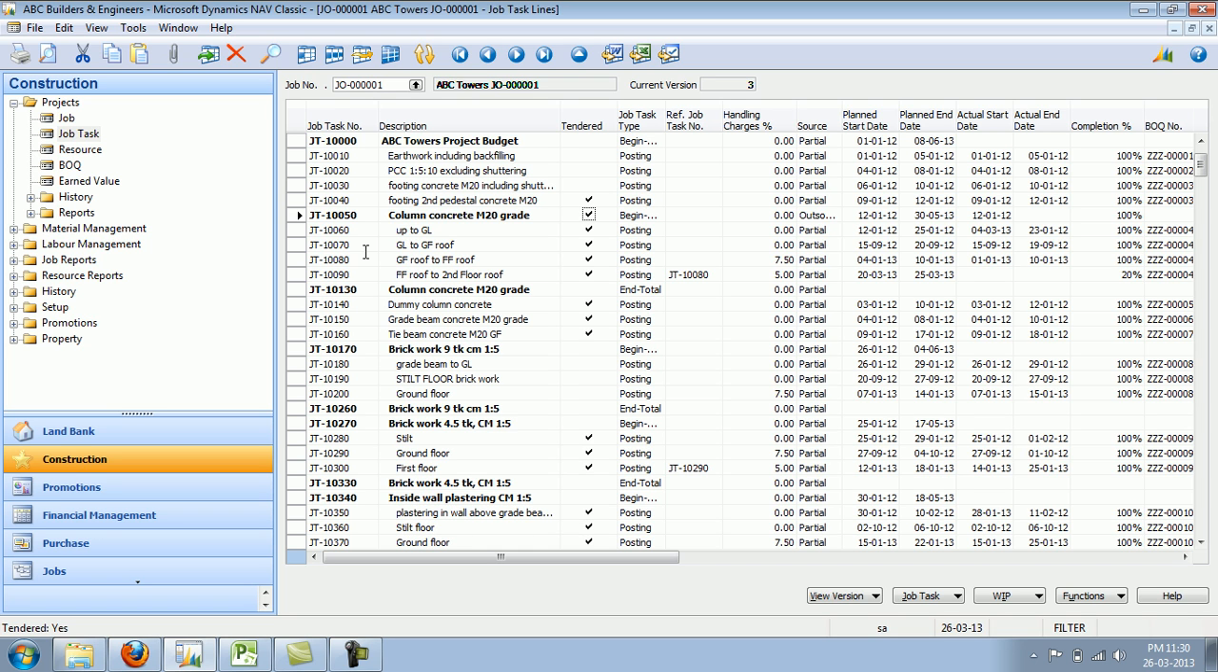We have flags such as tendered, which basically means it is part of the initial planned activity, and you can specify handling charges either by itself or in relation to another activity. In this case, for example, the column concrete at the ground floor is having a handling charge of 7.5%, whereas when it moves up from first floor to second floor, in relation to the activity 10080, we will have to load another 5% on top of it, and that is the meaning of reference job